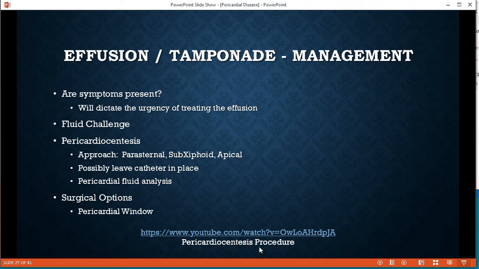Most commonly, you'll see the subxiphoid approach, where you'll come from underneath the xiphoid process, and you'll direct the needle at about a 45-degree angle to the left shoulder to get down to the pericardial sac. Once you retrieve this fluid, you can actually do a pericardial fluid analysis, much like you would